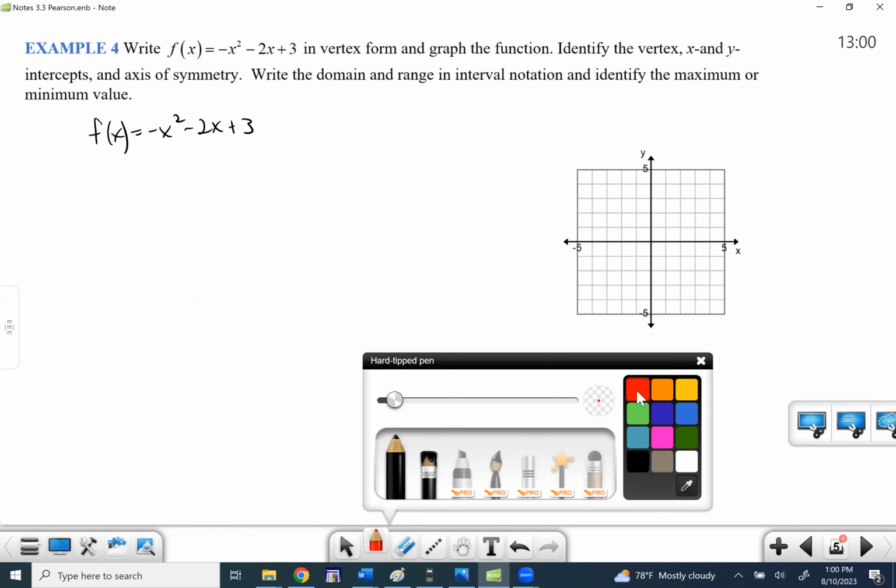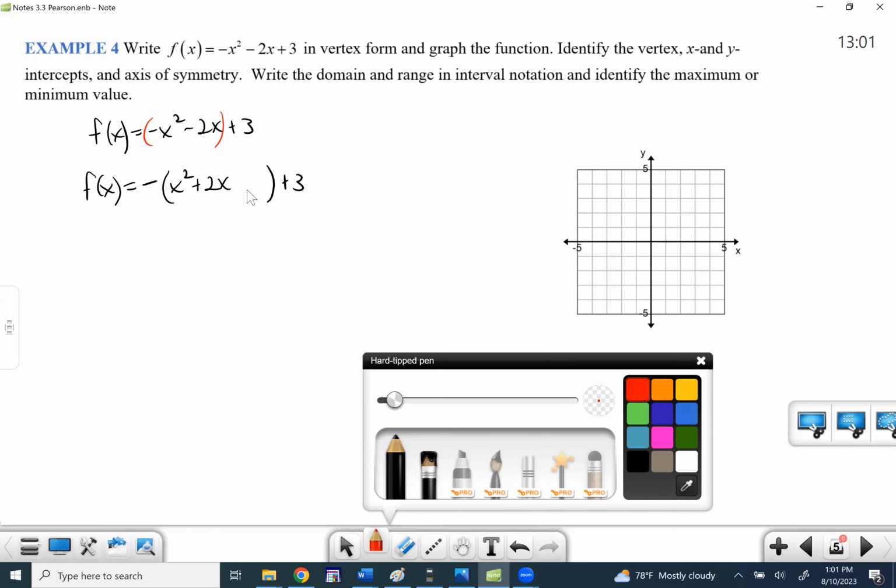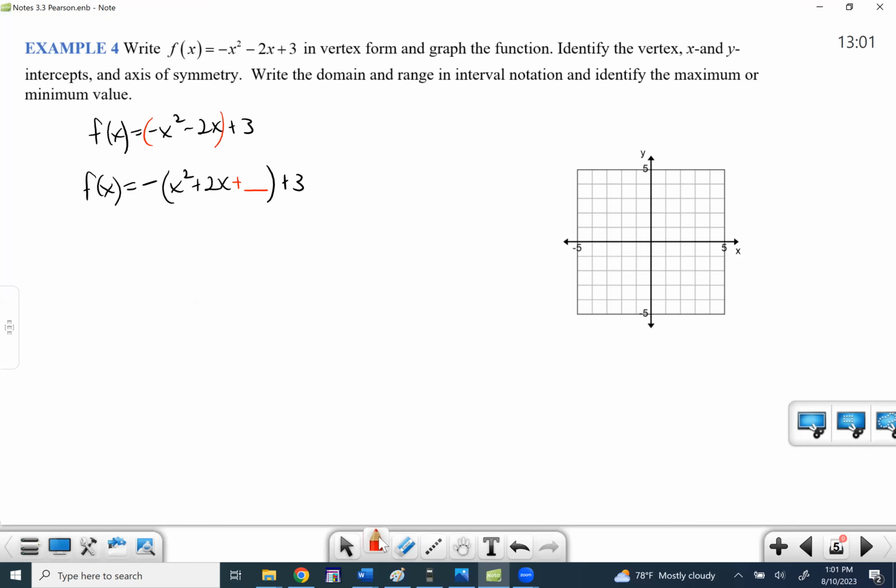All right, so group together the first two and factor out the greatest common factor. I'm just kidding. Rewind. Factor out the leading coefficient. So we're going to factor out the negative, okay? Do not factor out the GCF, you guys. All right, so that's just going to change the signs. And then don't forget to leave a little space because you are going to be inserting a number here, right? You are going to be inserting something. So let's go ahead and do half of the